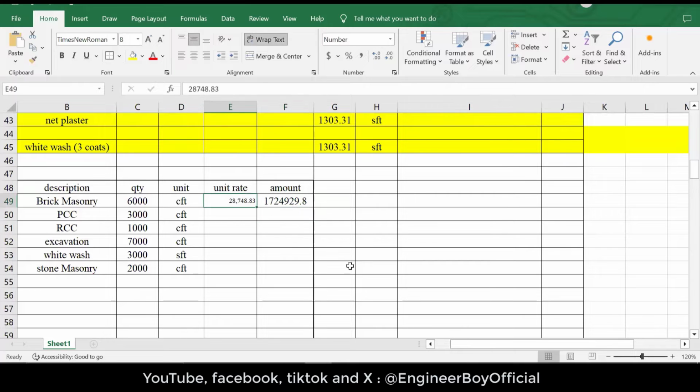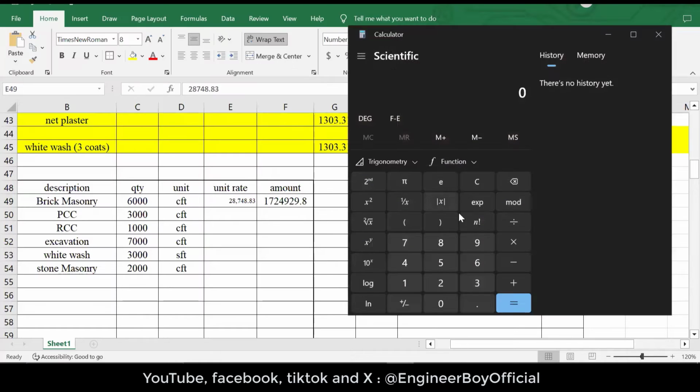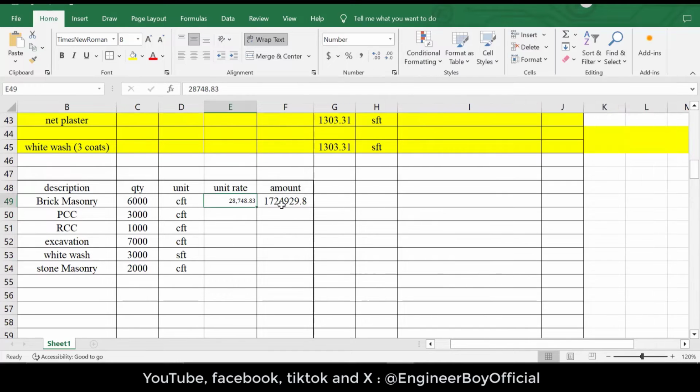Let's confirm if we have done that correctly or not. A calculator is, I think, the best option we have, and this is 0.83. Let's divide it by 100. So this is the rate per CFT, which is 287. Now we have huge work, that's 6,000. It means it's like a huge building, a heavy project. So let's multiply that with 6,000. Yeah, this is good. So we have the amount, and this amount is actually in RS, not in dollars,